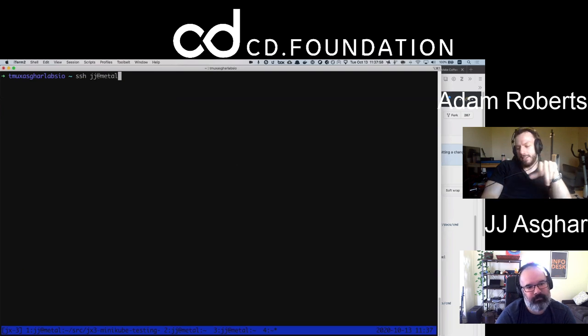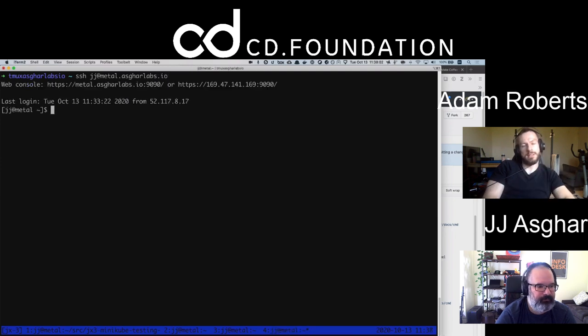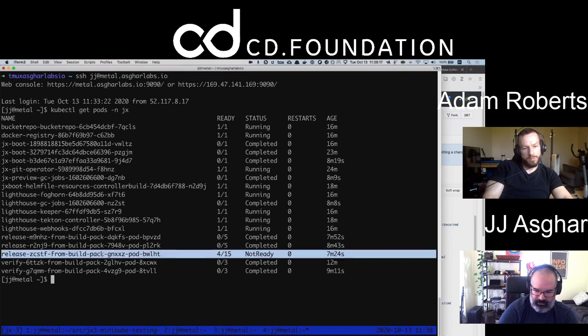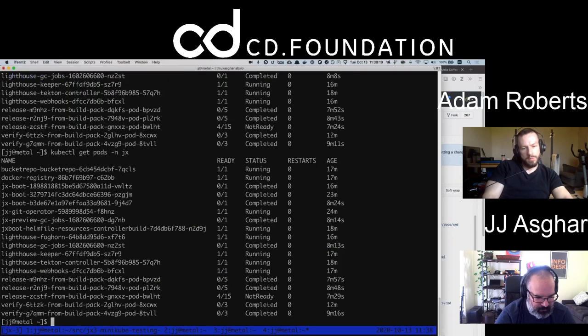Because you've had to re-enter this machine many times. Yeah. It's not cool, is it? It's really not. That's another issue we should make. I think me and you should spend the whole week just doing Jenkins-X hacking. We really should. Yeah, here we go. Here's that build pack. It's not ready. It's still going.